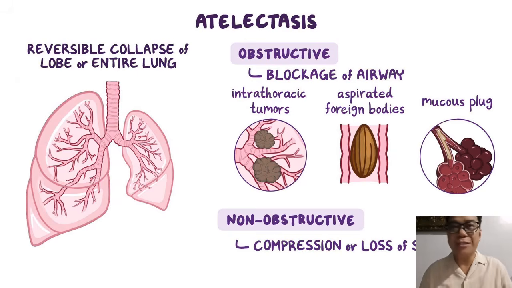So if the patient is starting to be restless, it might be a sign that the patient is already experiencing hypoxia. Aside from being restless, they could also experience some pain. The pain usually can be felt on the area where the lung collapse happened. They could also experience tachypnea. So usually there is shallow breathing, and this happens because of the obstruction on the alveoli.